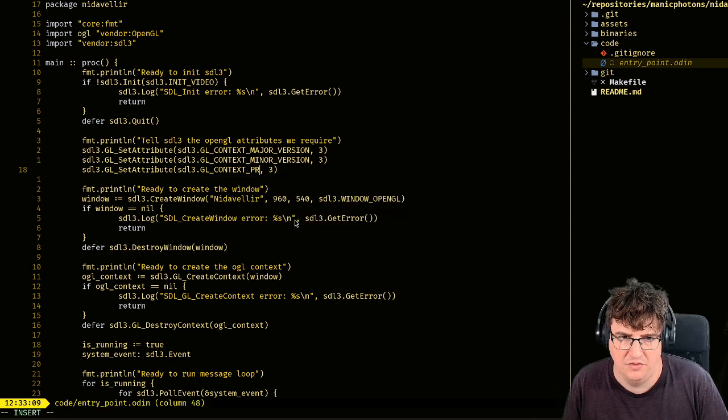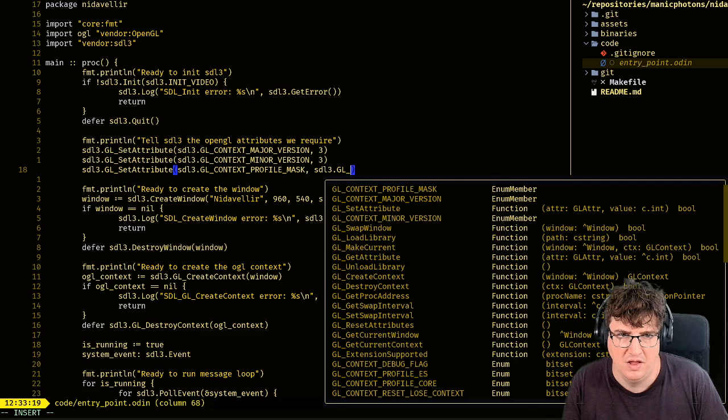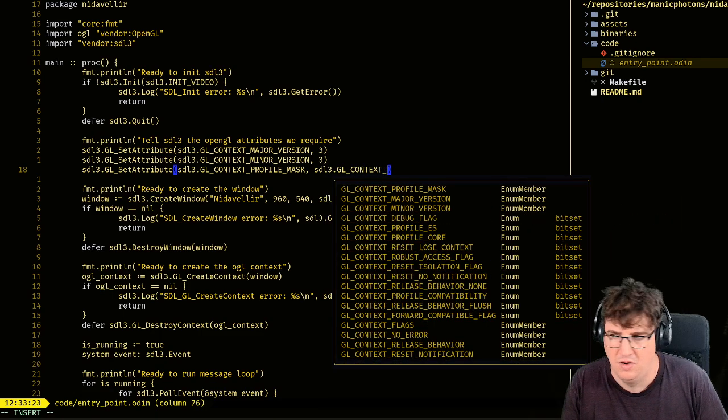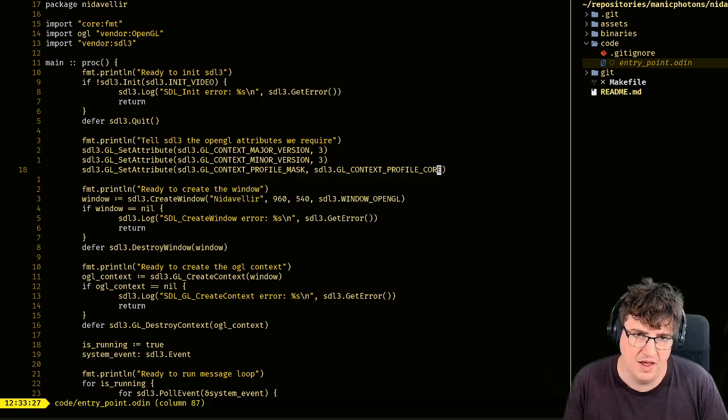Profile mask. And we will set it to SDL3.gl context profile core. There we are.